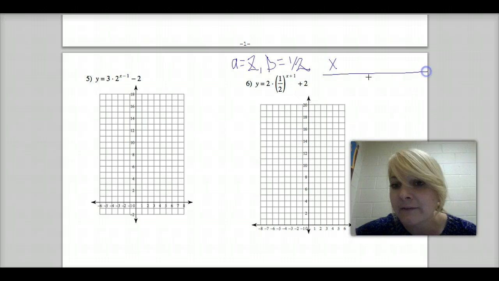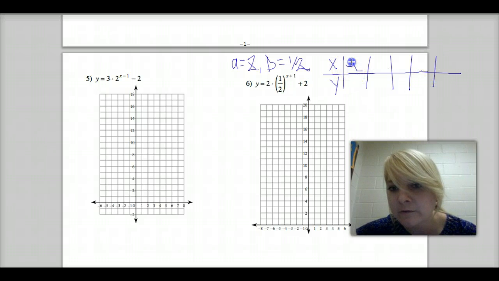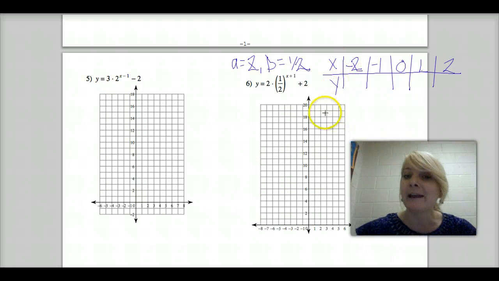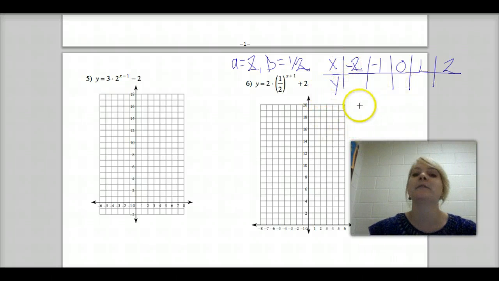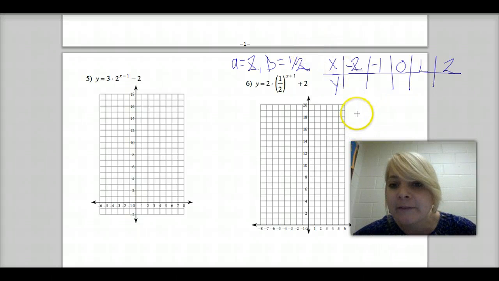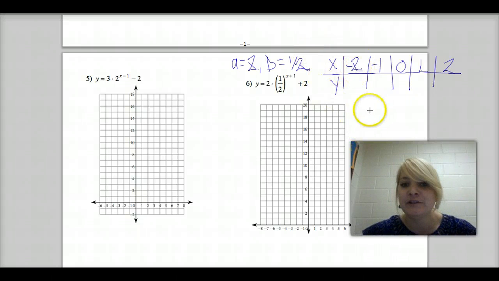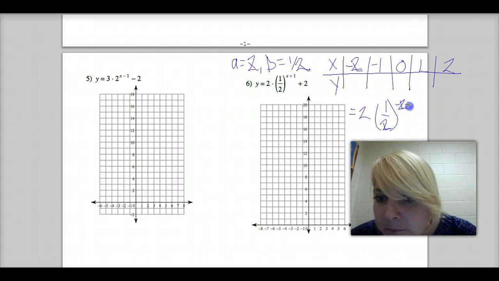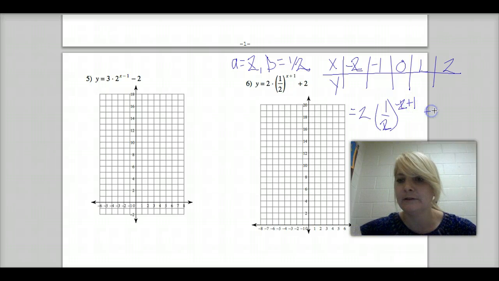We still have the same x values, not y values, those will change. So we have -2, -1, 0, 1, and 2. So we're going to walk through finding some of the y values together, and then I want you to take a moment to compute the rest of them. So for number 6, if we substitute in -2 for x, that gives us 2 times 1/2 raised to the power of -2 plus 1, plus 2,